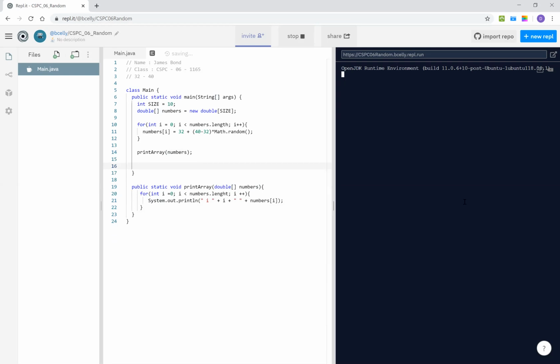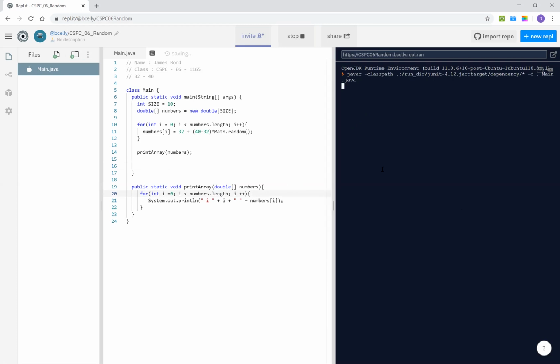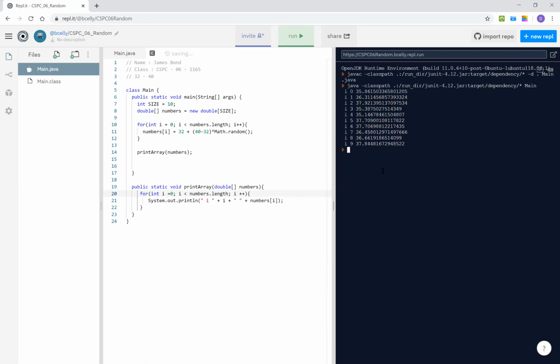So now what this is doing is it actually does 10 random numbers. Number length. That guy's not happy. Let's see if it's better now. There you go. Are all these numbers between